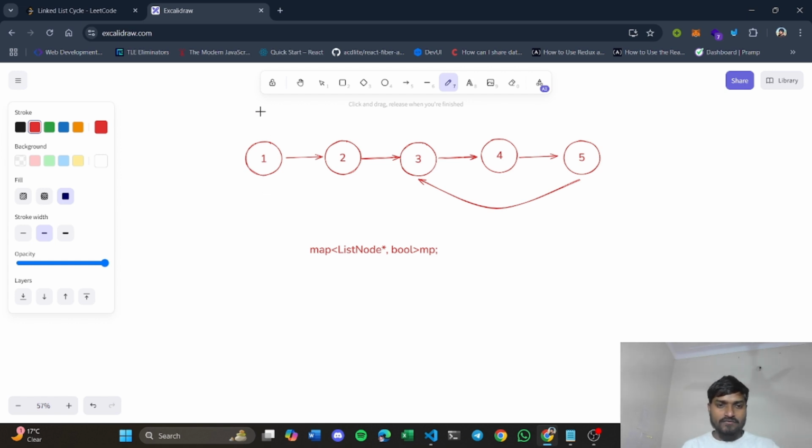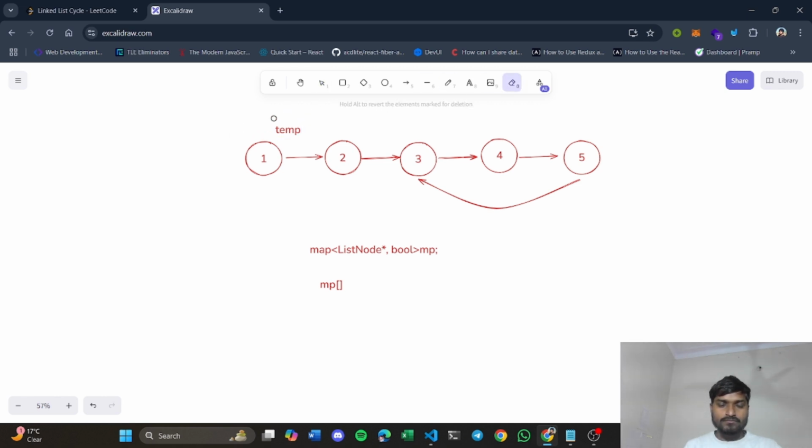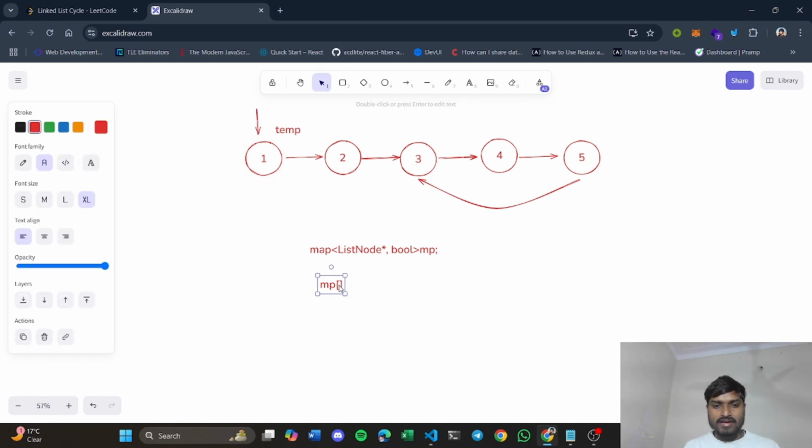Let's say we were initially here, right? So we will call it a temp pointer, and let me draw it with this arrow. Now when we are at the first node, we will mark it as true.